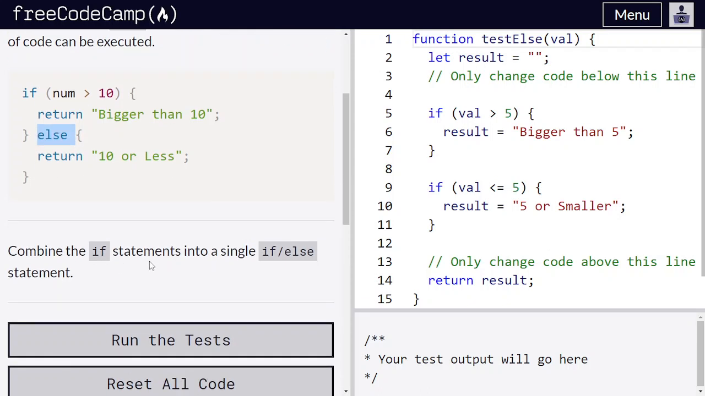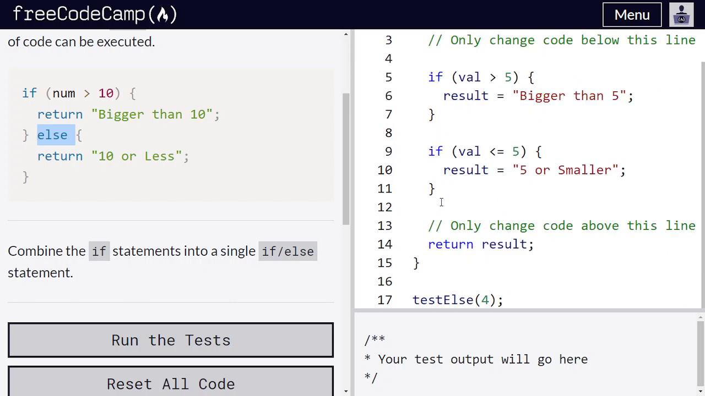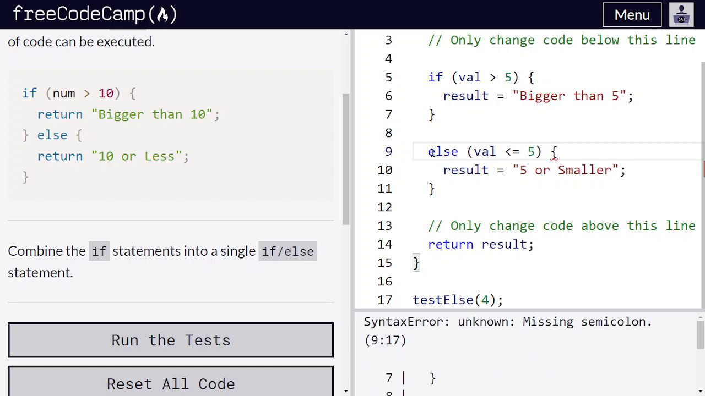So here we need to combine the if statements into a single if else statement. So here we have if, then we have another if, then we have return result. Okay, so instead of using this if we are using else, and